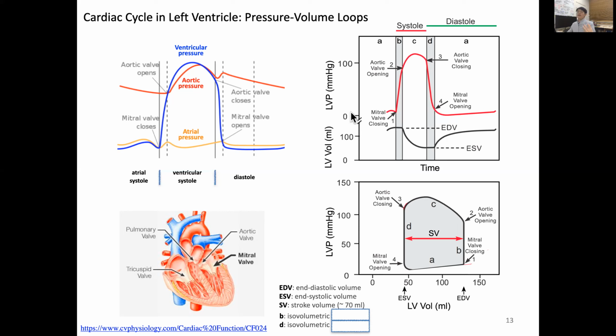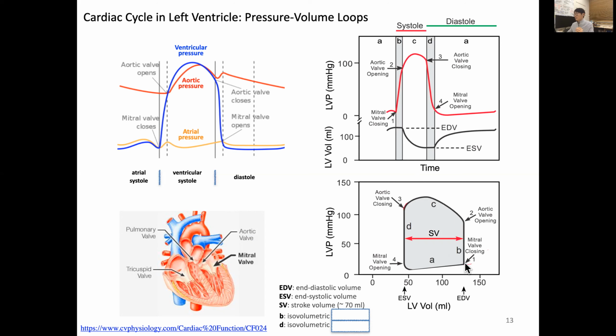So now you can see the relation between left ventricular pressure and left ventricular volume. And this part, BC, is systole, left ventricular systole, and DA is diastole. And of course, A is atrial systole. So from these 1, 2, 3, 4 phases, now we can draw a diagram between pressure and volume, which is very important in terms of the mechanical energy aspect. So we can consider this one as pretty high,